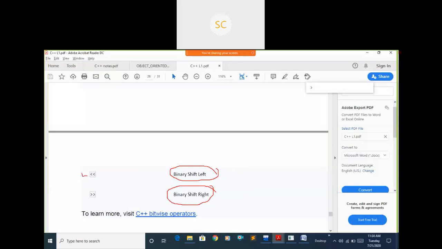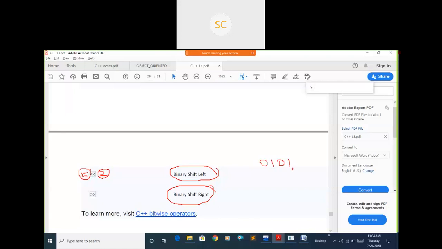Suppose how you will write this left shift. For example, 5 left shift 2. This means this 5 value you need to represent in binary, then you need to shift 2 positions left. You first convert this 5 to binary, then you need to shift those bits 2 positions left. 0 1 0 1 is the binary representation of this 5, right?